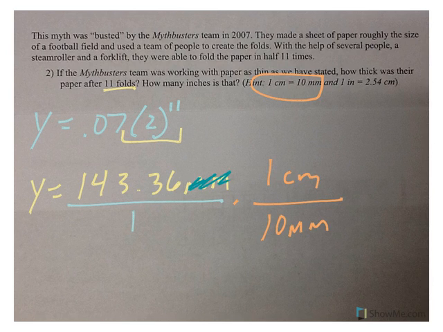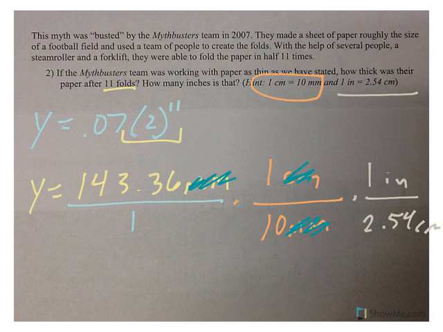So that right there makes my millimeters go away. And then they tell us 1 inch is 2.54 centimeters, so that makes my centimeters go away. So I'm going to take 143.36 divided by 10 divided by 2.54, and I'm going to have to write my answer here up top because I'm out of space, but it's roughly